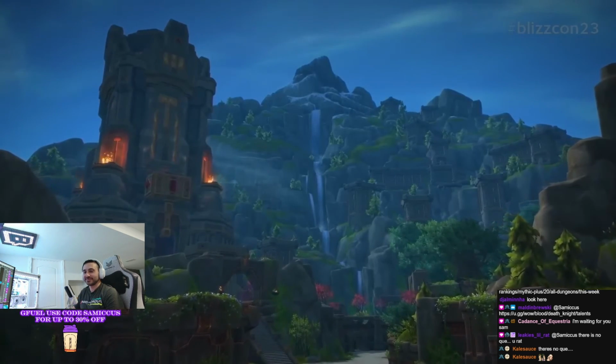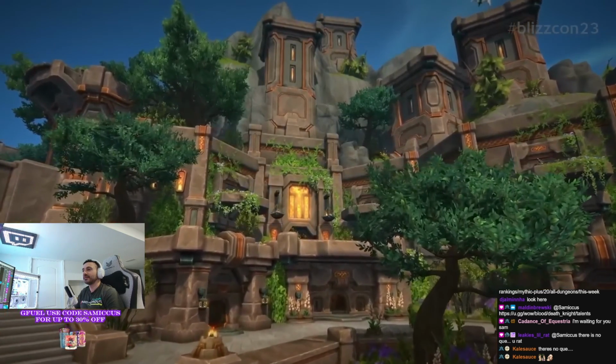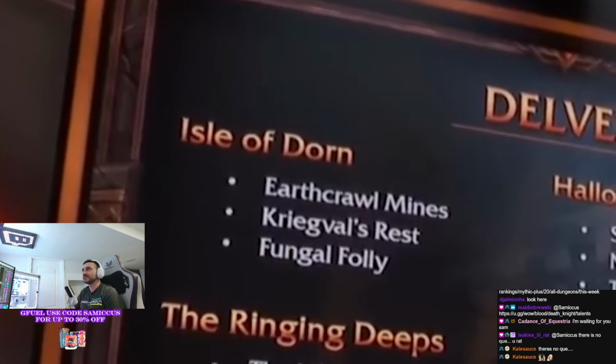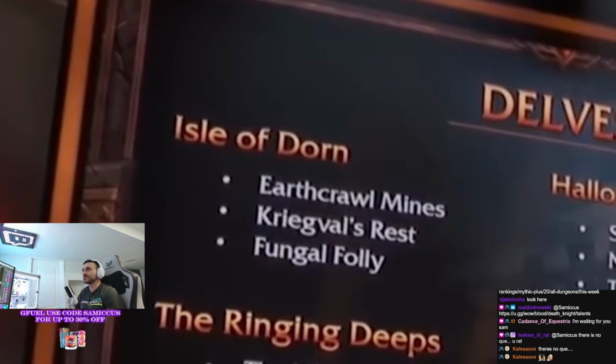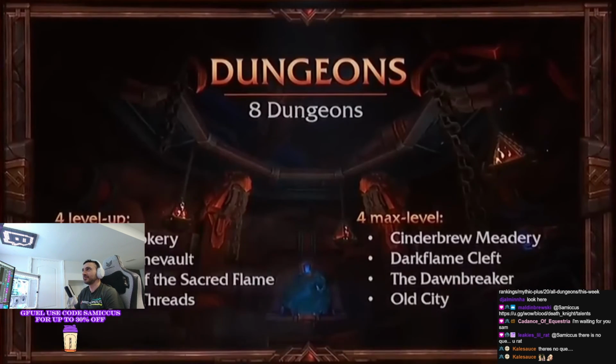So Dornogal is going to be the main city for the Horde and Alliance, so no doubt you're going to be spending a lot of time here in The War Within. The Isle of Dawn will also feature 3 delves, the Earthcrawl Mines, the Kriegvul's Rest, and the Fungal Folly, as well as 2 dungeons. You have the Rookery...